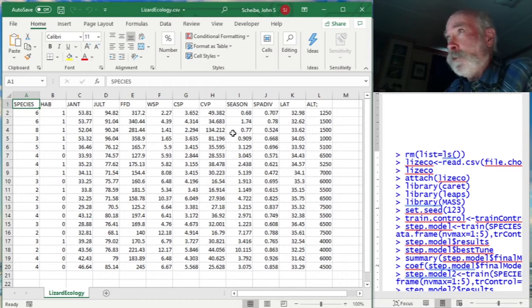there is no magic bullet. You can't simply turn on the computer and ask it to give you the absolute best model, because it has no idea. The best model is going to be a function of what you need, what you're looking for, what you're willing to accept, and what you're willing to tolerate. So this is the sort of exercise which is going to be dependent on your experience and your knowledge of